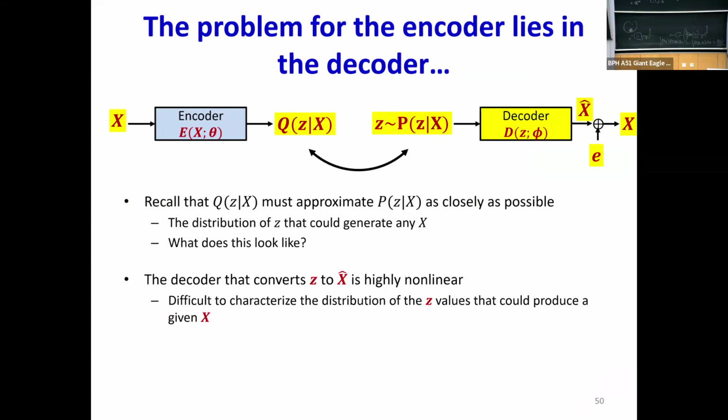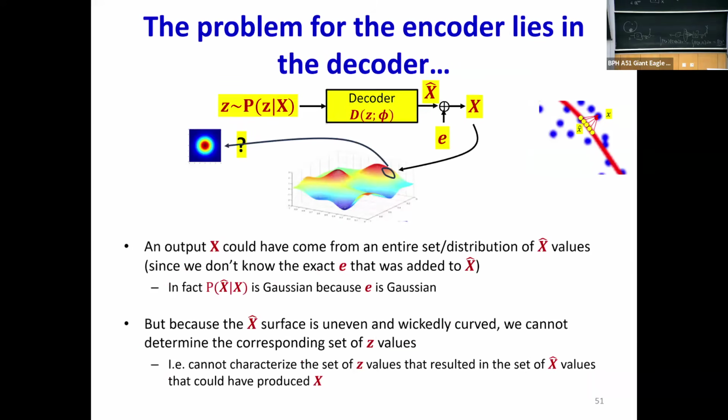Now we know the decoder is highly nonlinear. It's difficult to characterize the distribution of z that could produce a given x. Now also we know that any given x could have come from a region on the surface, the manifold that's produced by the decoder, right?